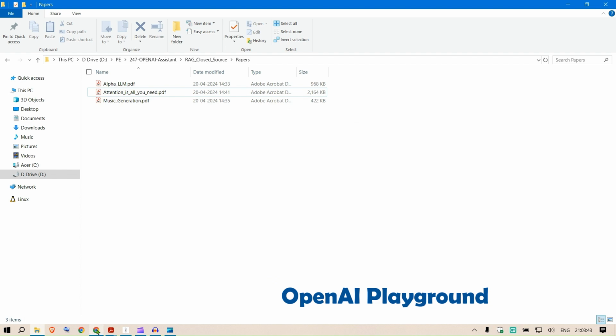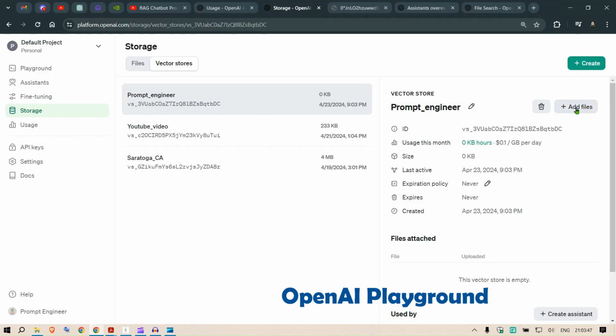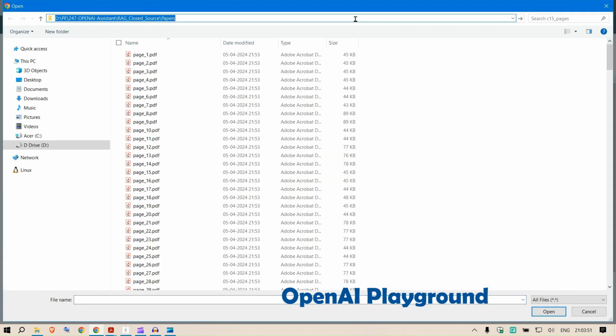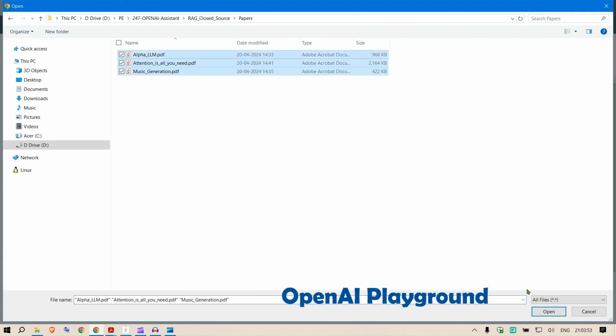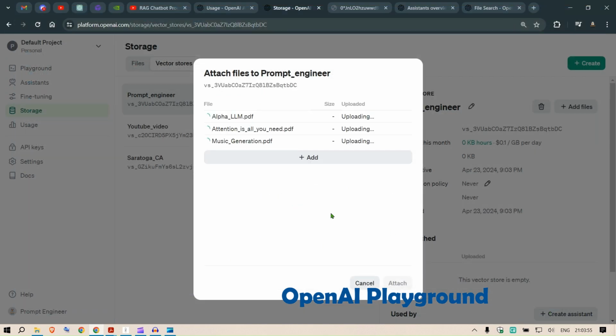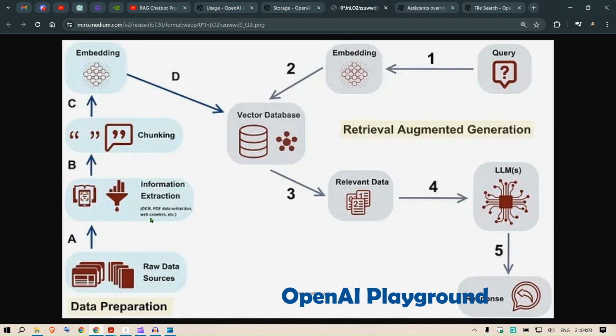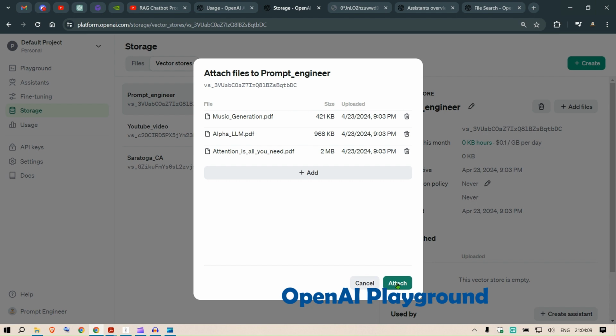I want to insert these 3 papers, so I'm going to copy the link here, add files, and just click to upload. Once I click upload, all these steps of chunking it, creating embeddings and storing in a vector database are handled by OpenAI itself. So you can just press